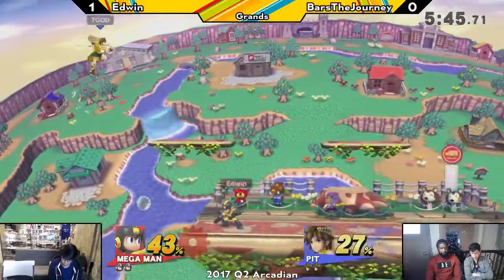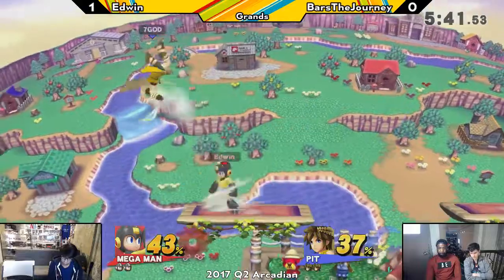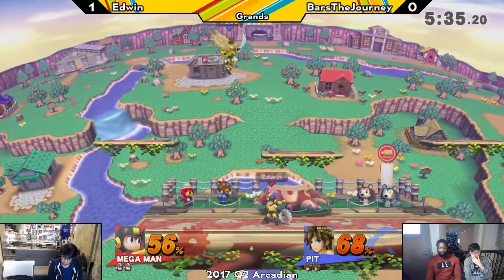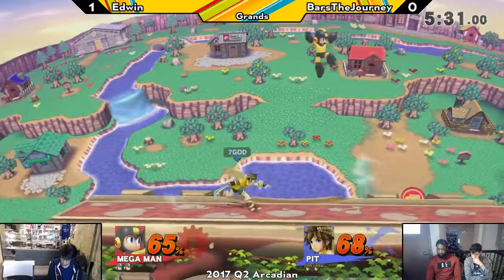And lemoning him all the way across the stage. He's trying to prevent scurvy, man. Oh, he's going for the up air. Back air probably would have been true at that percent, but it wouldn't have killed. He was going for the up air to kill him off the top really early. Yeah, that would have been crazy. Bars holding on to the